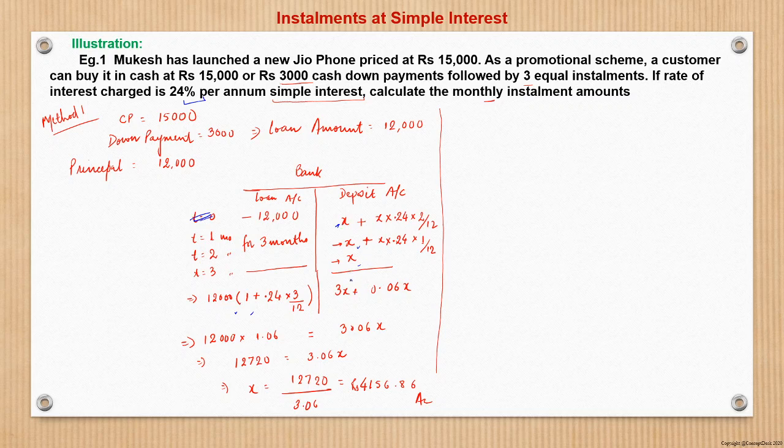So here no interest will be accrued. Now if we add this, it becomes x plus x plus x, 3x, and then if we solve this, 0.24 into 2 is 0.48 by 12, that is 0.04, and this becomes 0.04x, and the second one becomes 0.02x. So this becomes 0.06x. 3x plus 0.06x is 3.06x. Now we will equate this, because if the loan has to be cleared, this installment should be enough to pay the loan of 12,000 rupees, and that way if we equate we get the value of the installment. That is the basic concept.